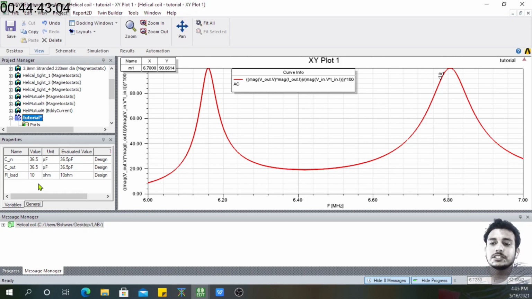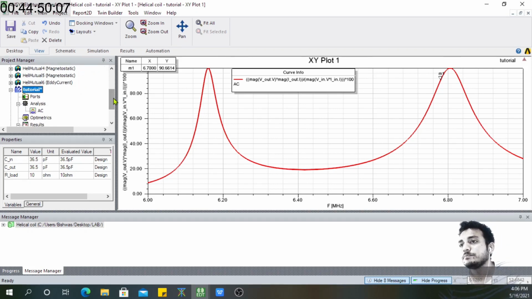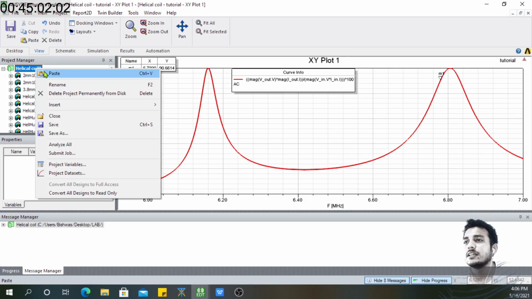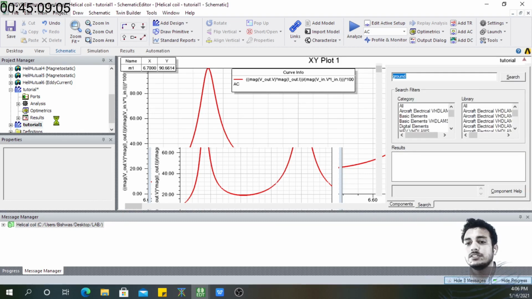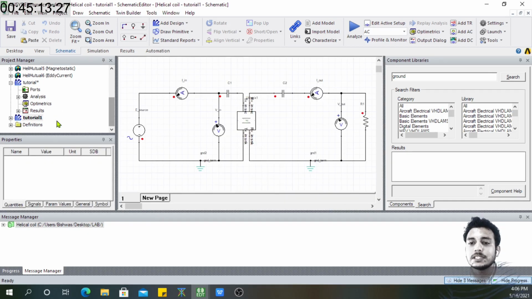What about the transients then? Transient is also pretty important. And transient, let's see what transient is. So for now I'm not going to delete this, but rather copy it, right, and then paste it here. So it's just a replica of that, but I will change the solution type to transient, and then we will see how the transient performs and what things we can observe from transient. Okay,